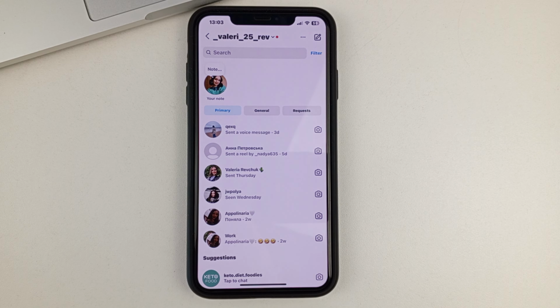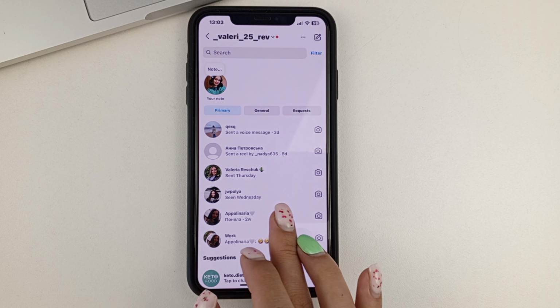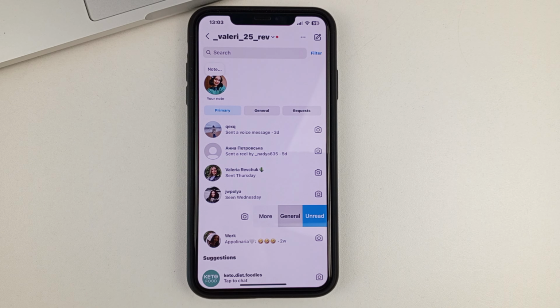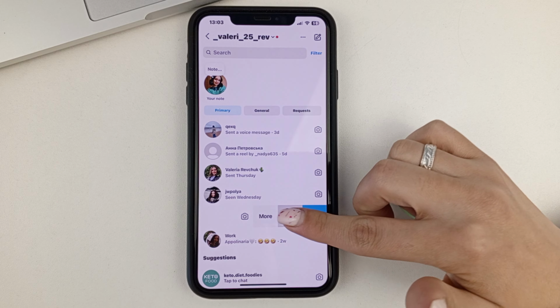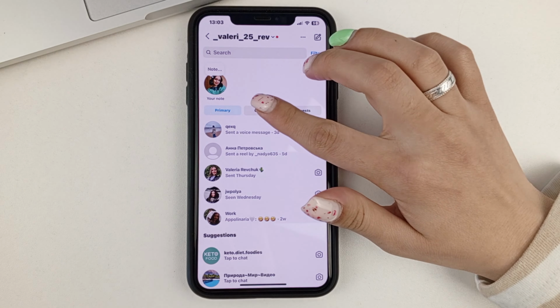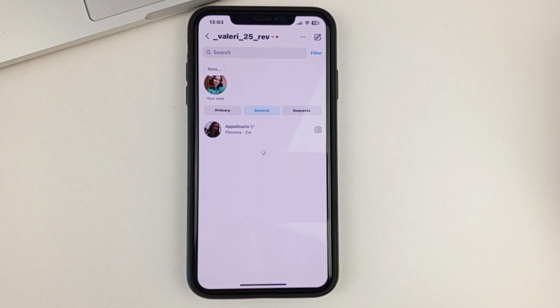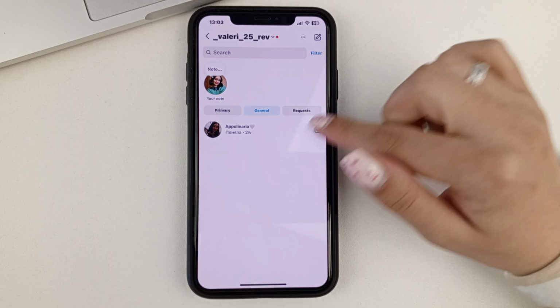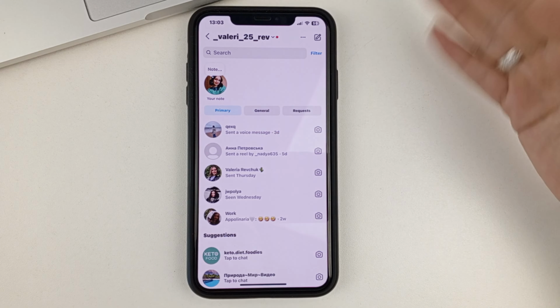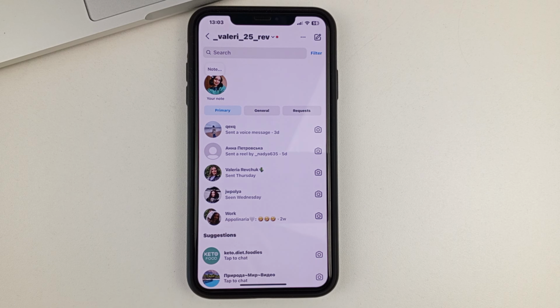And let's say, if you just want to not see correspondence with a certain person, you can move it from main to general. To do that, you swipe to the left side of it and just select general. And that way, if you then go to general, you'll see the correspondence, but it won't be flashing in your main conversations all the time.